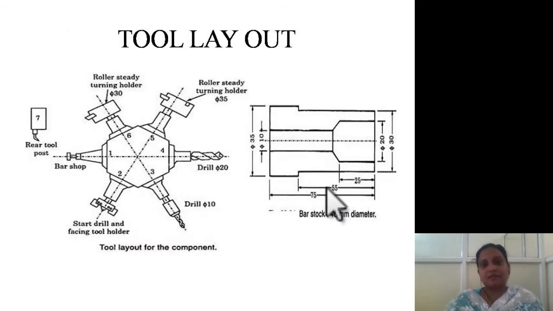Next one is tool layout. Tool layout is, if we want to perform some operation, there will be some sequence in the operation. So based on the sequence of operations, we decide what tools we require in order to make this machining operation. Now if you look at this workpiece or the component which you have over here, in order to make this component, we have to first decide what tools we require.